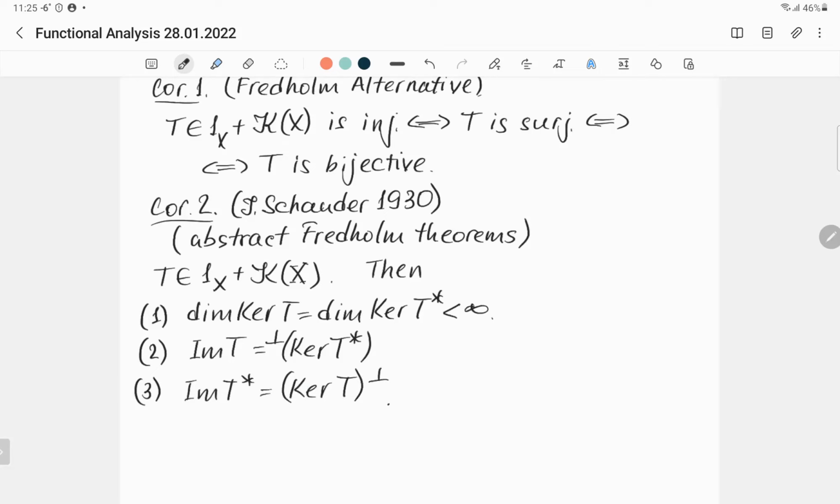So if we apply this result to an operator of the form 1 plus k, where k is the Hilbert-Schmidt integral operator, and formulate this result in terms of the solutions of the respective integral equation, then we get the classical Fredholm